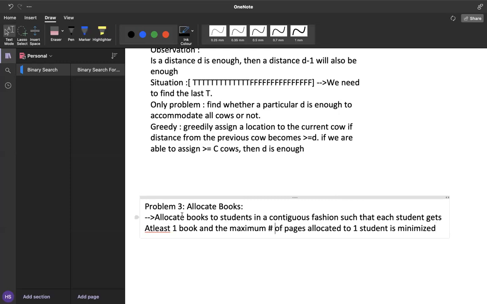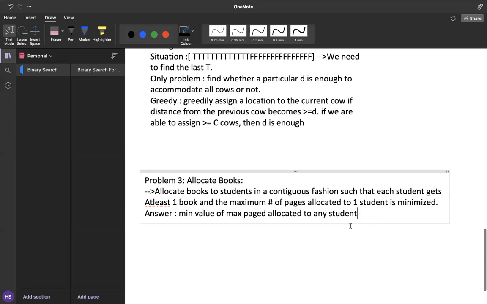Okay, so this is what we want. We want to minimize the maximum number of pages allocated to a particular student. So again, we are trying to use binary search on the answer. And the answer here is the min value of the max pages allocated to any student.